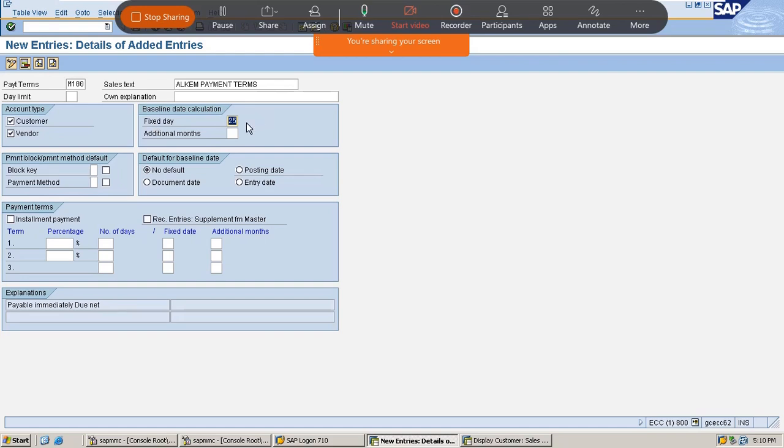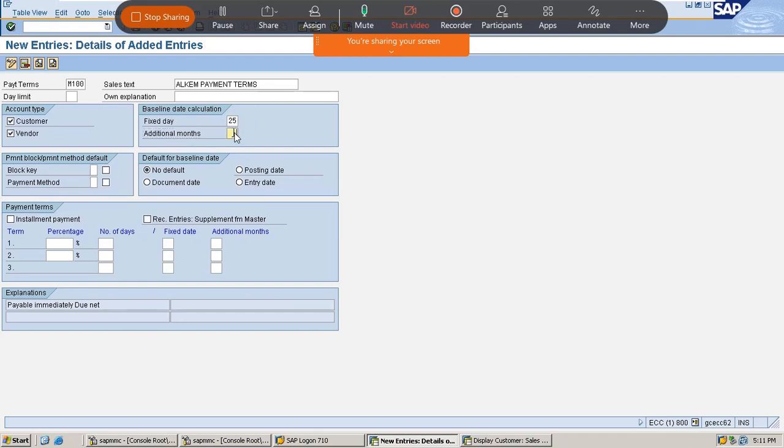Then the next one is additional month. If you mention a number of months here, then after creating the invoice, the system will wait another month, then the system will start calculating the payment terms.